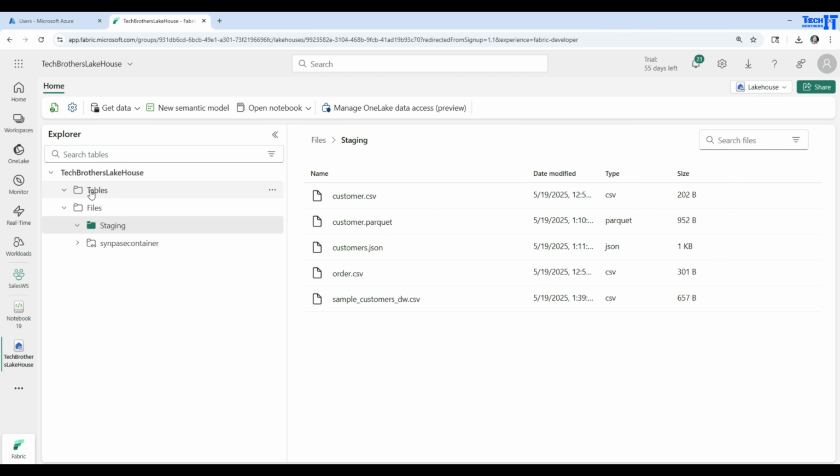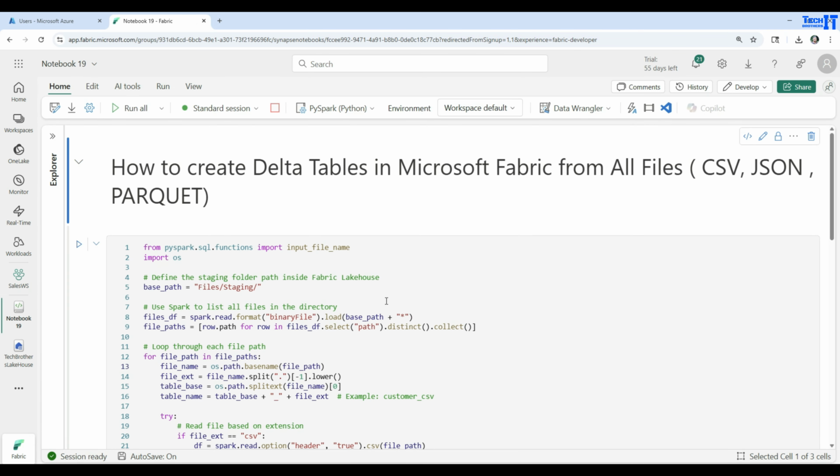So think about that. I want to load all these 5 files into tables. I want to create the delta tables, and one way I can do it is to click from here and say new table, then go for next and next and next. But if I have 100 files, it's going to take forever to work on those. So in my scenario, I'm going to use a notebook here, and we will be